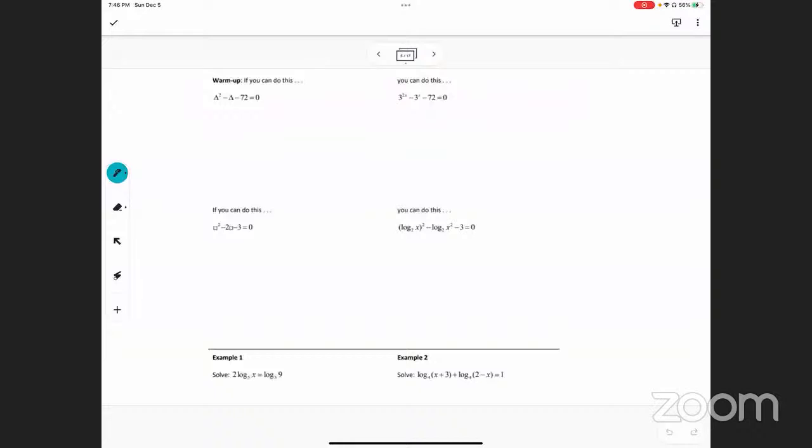All right. Warm up. If you can do this: triangle squared minus triangle minus 72. Okay, so that's just triangle is just x, right? So we're gonna factor this. 72 is 8 times 9, so it's a negative 9 and a positive 8. Just factoring. Got it? Yeah. So triangle equals 9 or triangle equals negative 8. It's basically just the same thing as x. They just want you